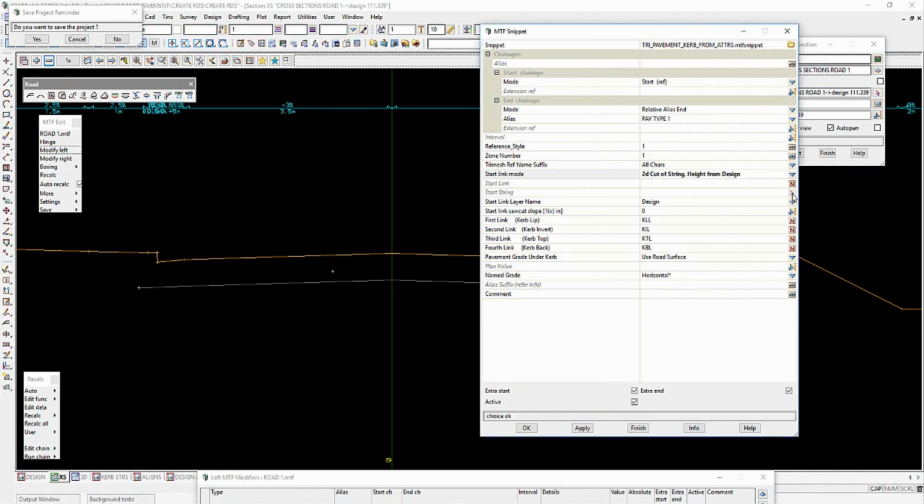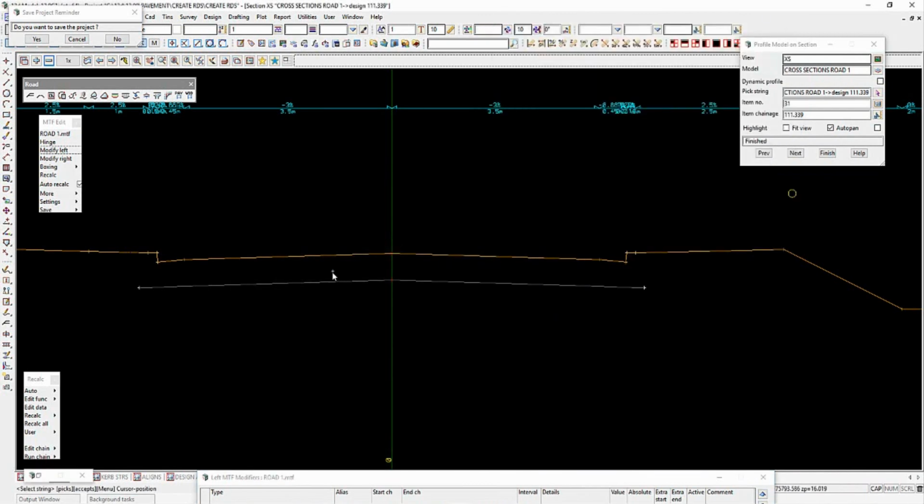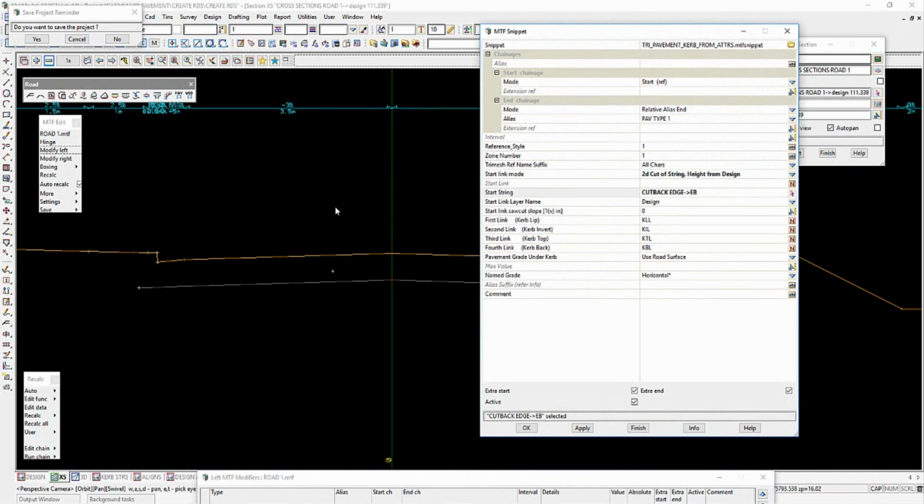In that case, you can pick a string that may be a survey string or an edge string on the road, and use that string as an offset for your pavement to start from. So rather than specifying a static distance, you're allowed to create a string that can wander back and forwards down your road. So if I apply that,